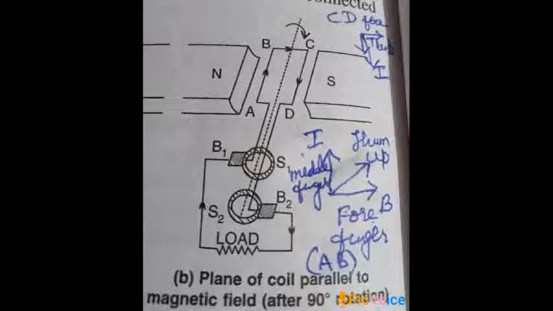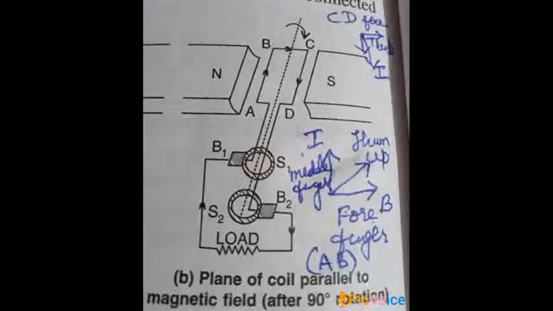Current will flow. Now let us find the direction of the current. We have seen that direction of the current can be found by Fleming's right hand rule. Now consider only the AB part. Now very carefully listen over here. Consider only the AB part. We will see in which direction the current is going to flow in AB, whether it is going to flow from A to B or from B to A.